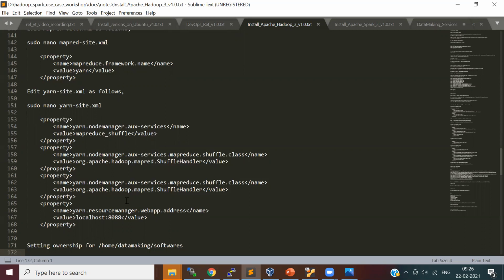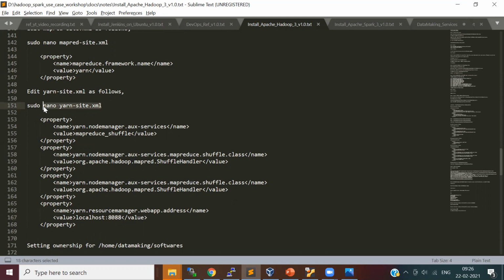Okay. So to configure on which port the resource manager web address has to be hosted, I have to provide this. Even if you don't provide this port, it will use the default port 8088. Suppose 8088 is used by some other process and you want to modify it, you can modify it using this property.